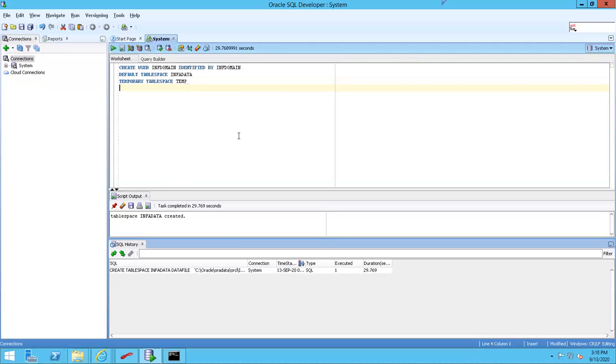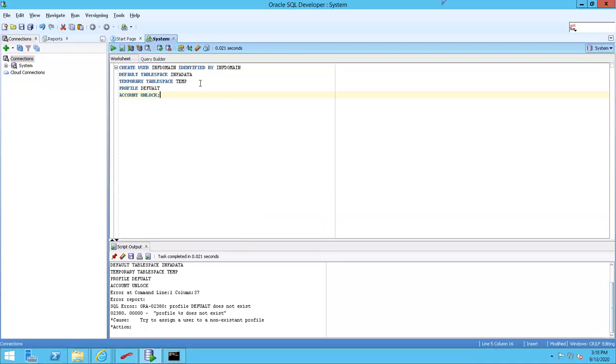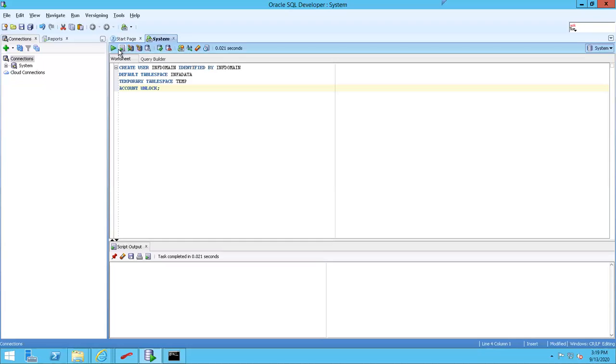Profile is something else. Default is one profile which exists. You can use that, and then there is something called account unlock. You can run this one now. Okay, there is no profile, I believe. Let me delete this phrase. Profile, we need to create that. Let me try to run. Okay, user got created.